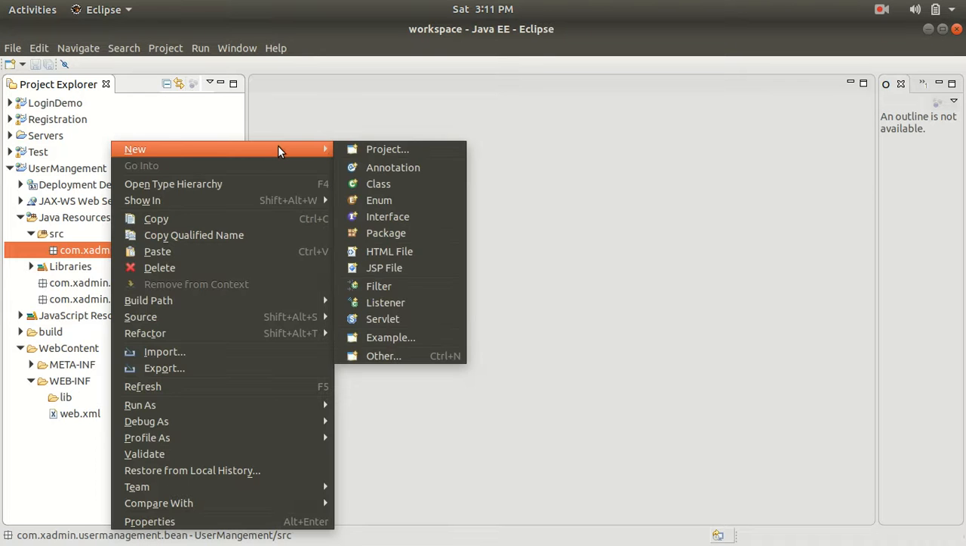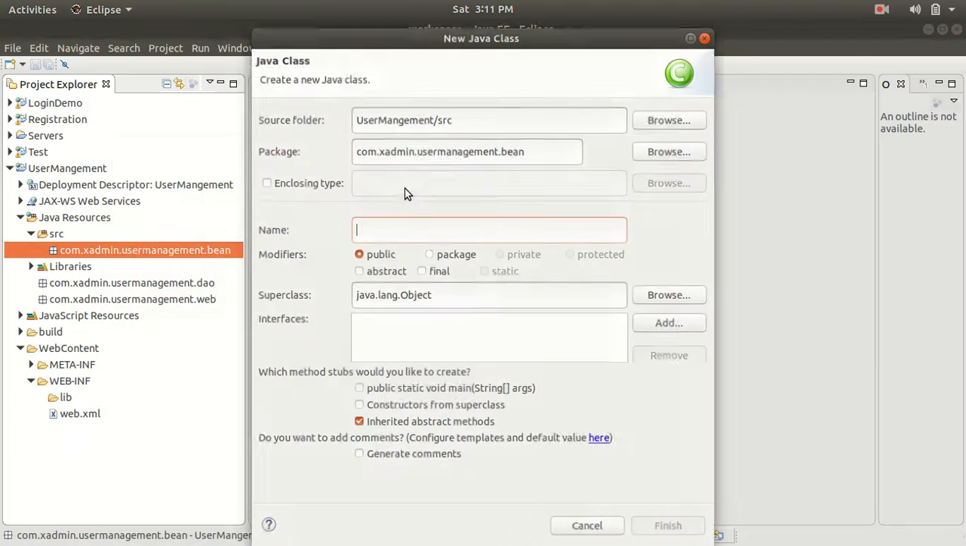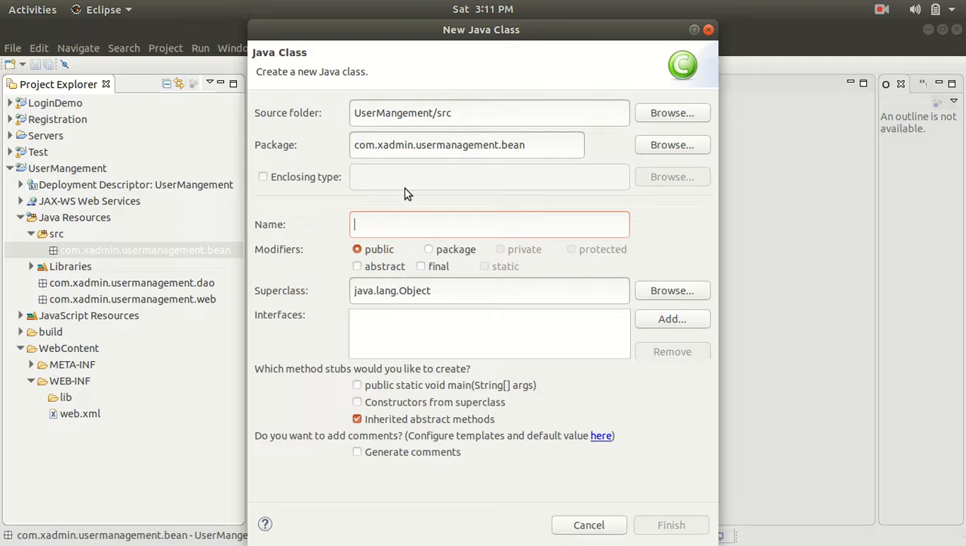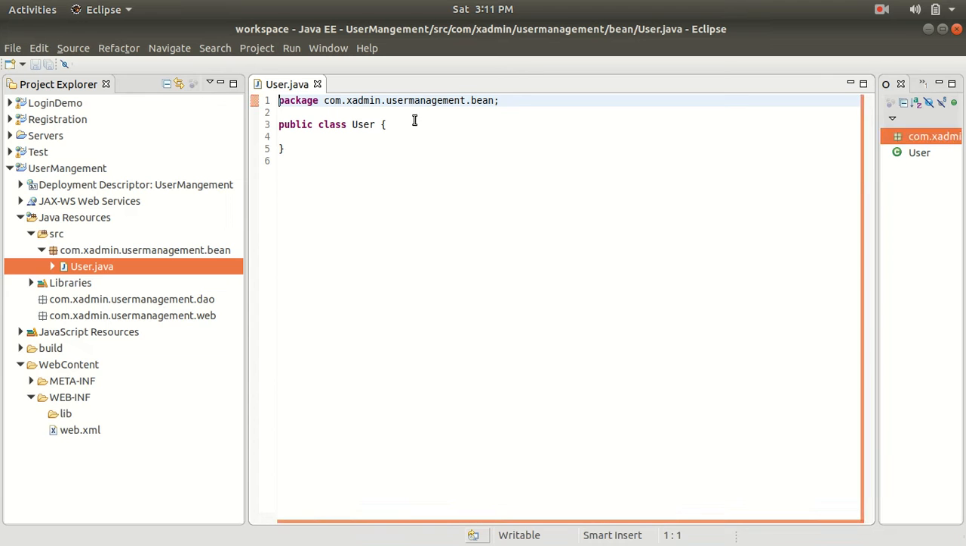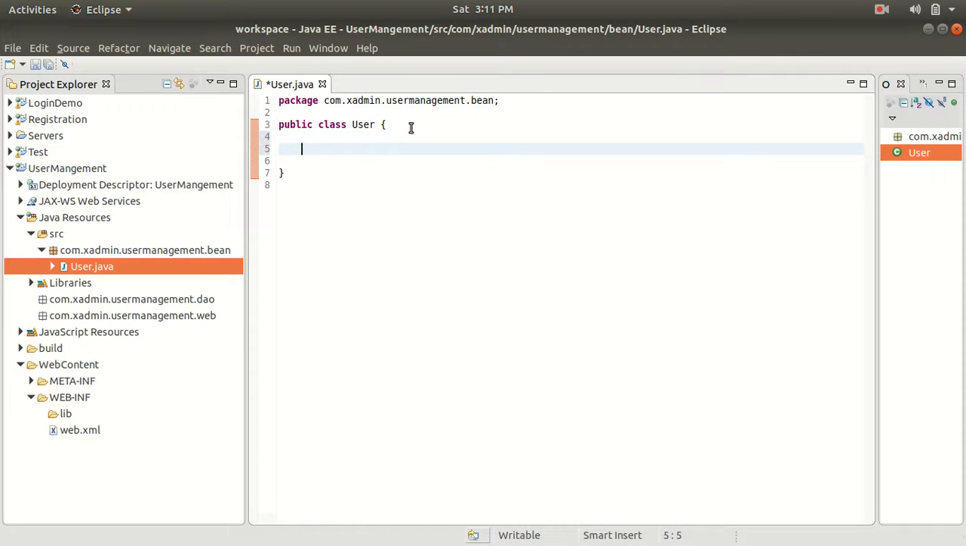So guys, I am going to create a bean class inside the bean package. So class, and I'm going to keep the name as UserBean, and inside the UserBean there will be 4 properties. Okay, and the 4 properties are the ID, name, email and country. So finish it. So guys, I have created the UserBean class, and inside this I am going to define